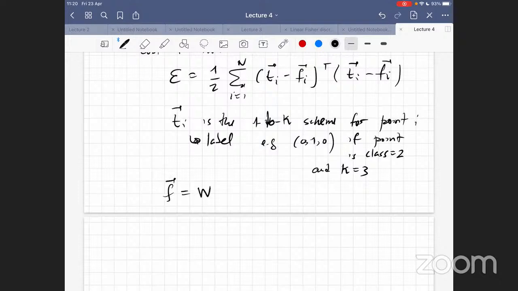I can collect all the weights of all my classes in a matrix, capital W,